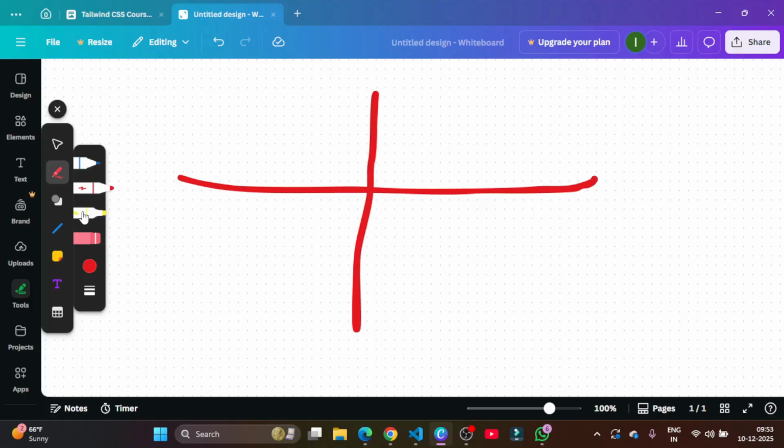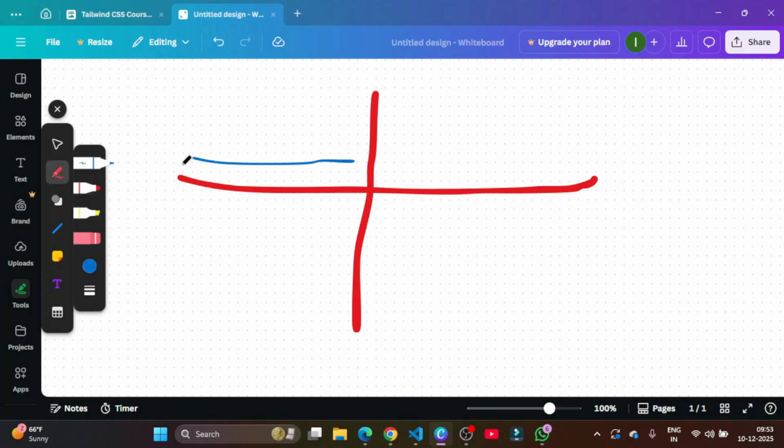The horizontal line means it's the main axis, and this is the cross axis, right? So when you put flex row, each item